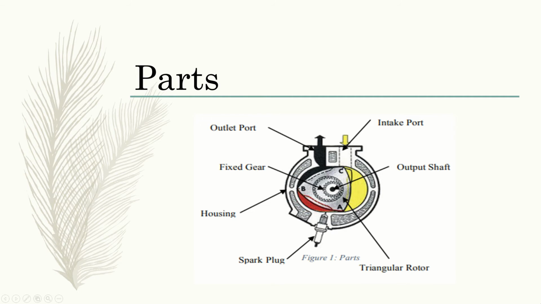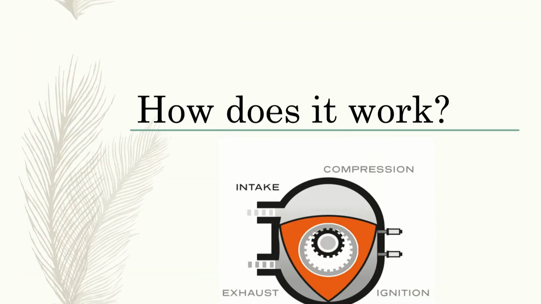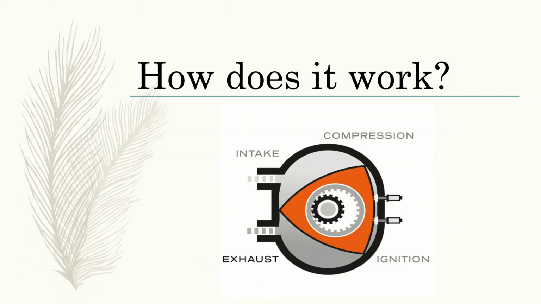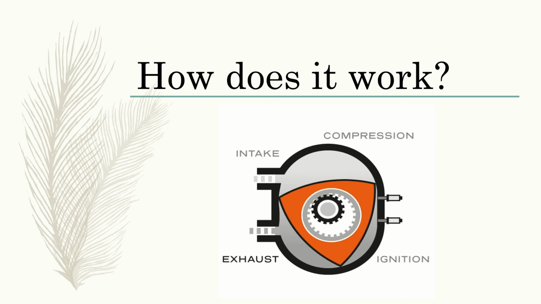So how does a Wankel engine work? The engine functions in a four-step process: the intake, the compression, the ignition, and the exhaust. First, the intake. During this phase, a drop in pressure caused by the rotor's motion draws in an air-fuel mixture. This mixture is thrown around the rotor and forced into the second stroke of the cycle. In order to ensure that none of the exhaust from the previous cycle re-enters during intake, the housing is extended to touch the edge of the rotor.